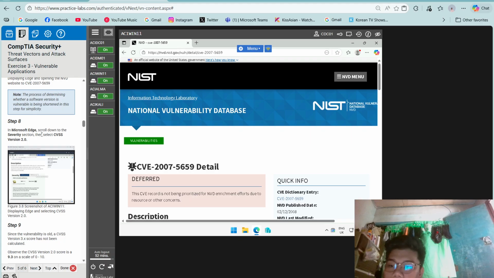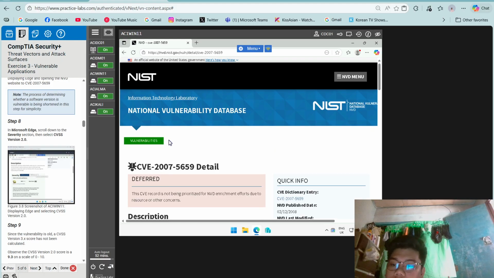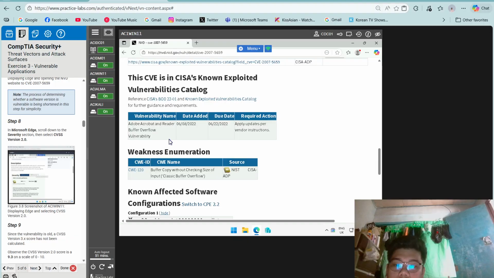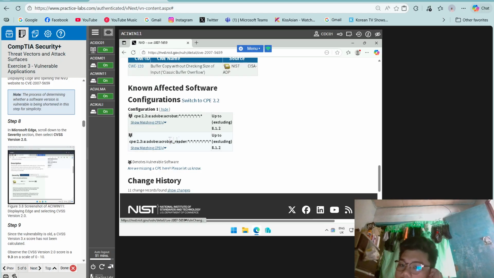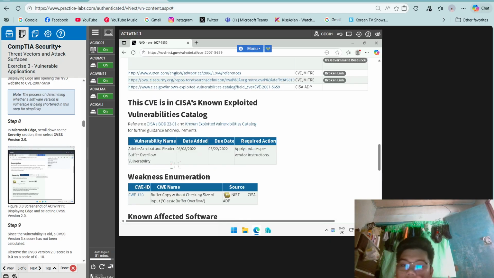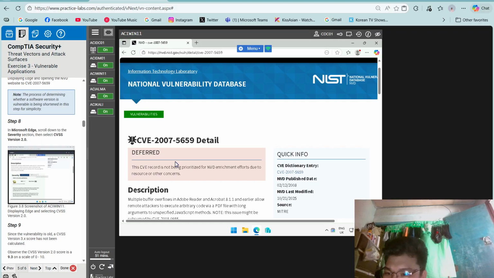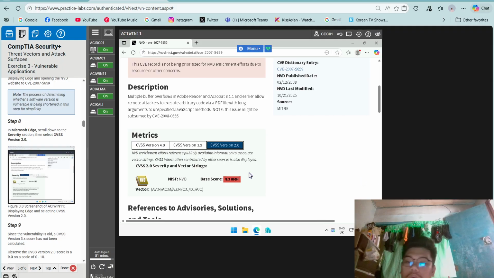In Microsoft Edge, scroll down to the severity section, then select CVSS version 2.0.